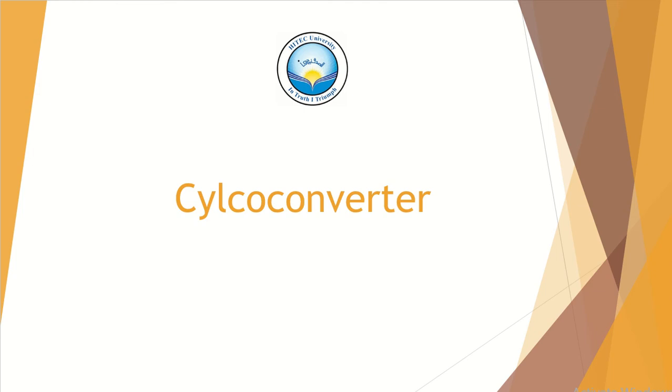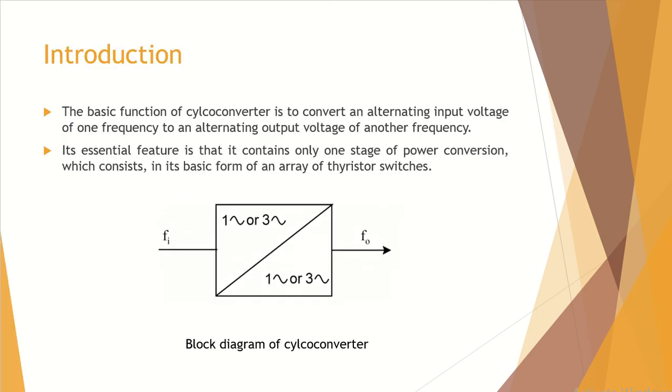First, you will convert that AC signal into a DC signal using a rectifier, and then using an inverter, you can invert that DC signal into a different frequency. But this overall system becomes very bulky and it contains a lot of harmonics. So basically, the cycloconverter provides a solution for converting the frequency of an AC signal. So let's move towards the introduction of the cycloconverter.